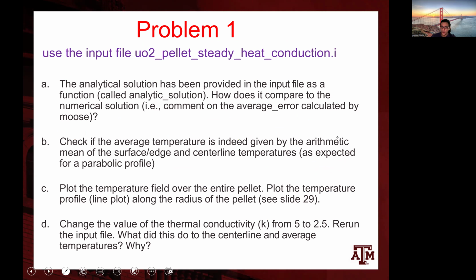So what we are going to do is basically to utilize that we are given an input file that's ready to run. So we are going to run this input file and run the simulation and calculate the temperature at the center line, calculate the average temperature, and compare that with the analytical solution, and ask MOOSE to basically calculate